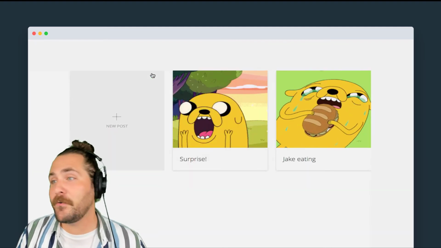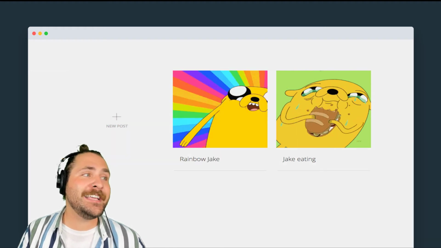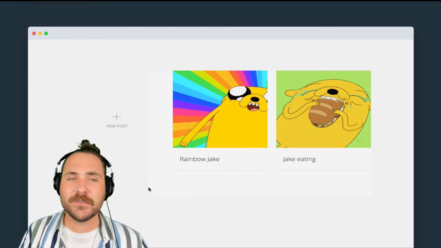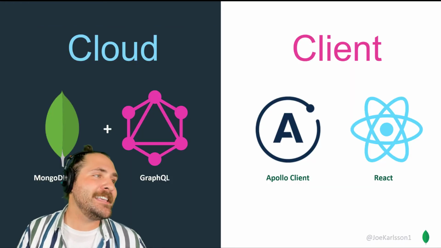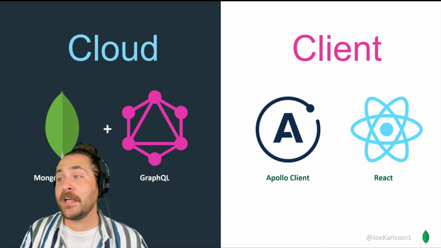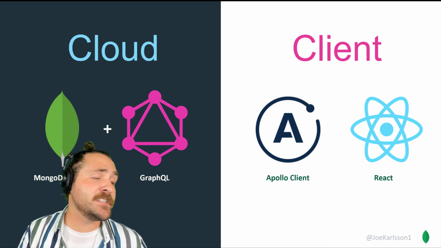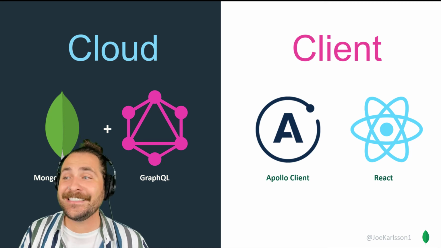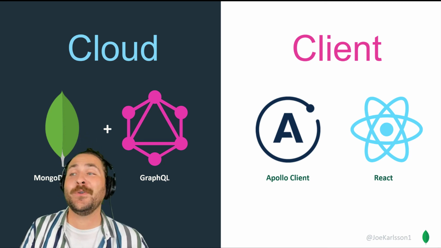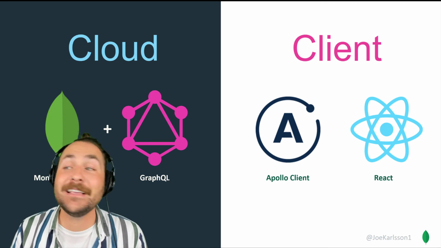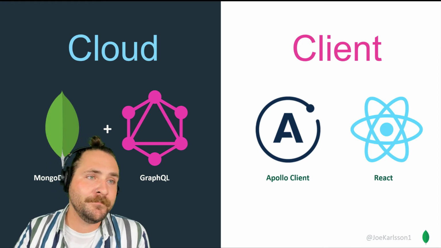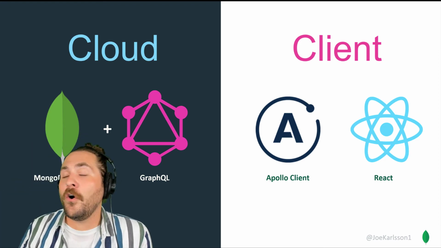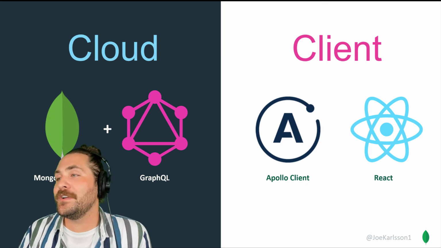But now we're doing it with GraphQL. All the source code is available if you go to the little QR codes. But the stack for this is all in the cloud. The backend is all in the cloud. It's a serverless application, hosted at a MongoDB Atlas database in the cloud. And we're using a GraphQL endpoint hosted on top of that database in the cloud on MongoDB. On the client side, all we're using is Apollo with React.